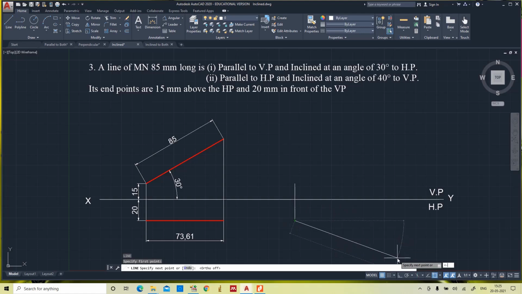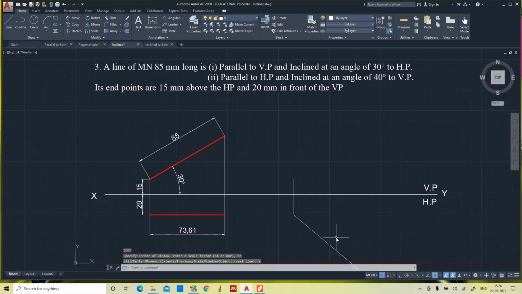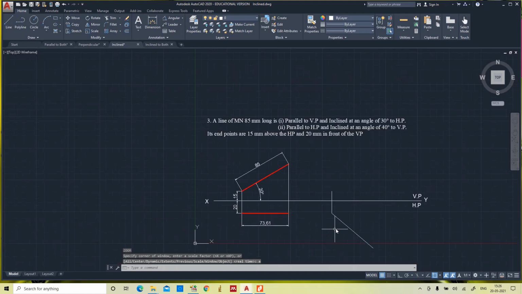Angle. So 40 degrees to VP now, and the length of the line is 85. So this is the true length because it is inclined at 40 degrees to VP.